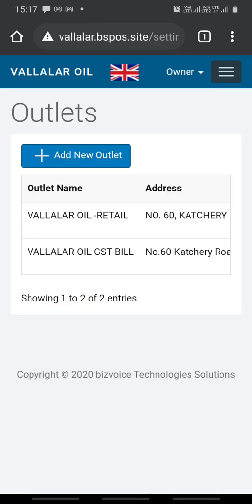So this is a purely online software. This software can be used for a single store or multiple stores in multiple regions and multiple cities. You can add n number of stores. This software can be used offline as well as online. It is mobile friendly and tab friendly. The demo which you are seeing is through the mobile only.